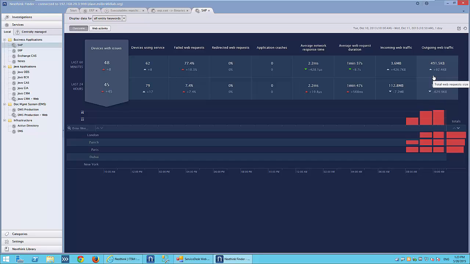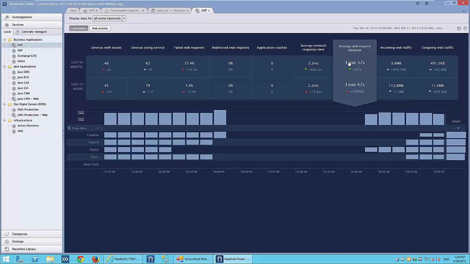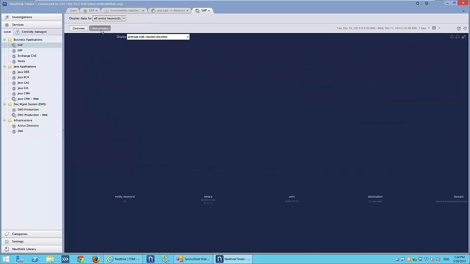Once again, we can pivot on this information, and one of the interesting items that we can see in here is an average web request duration. This might be something that you don't know what the average is within your organization, but you know that the problems are starting to trend around this area. So we can take a look and see, well, no, those are fairly normal across the environment. I'm not seeing any peaks or any valleys within the actual data for when that's taking place, so that's probably not what it is. So let's go back to that actual map so that we can see what's taking place